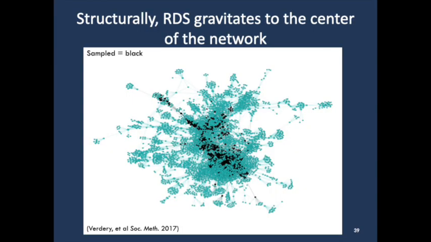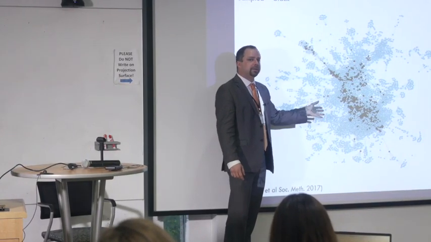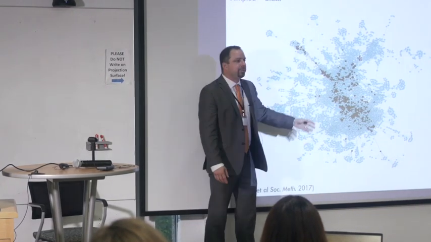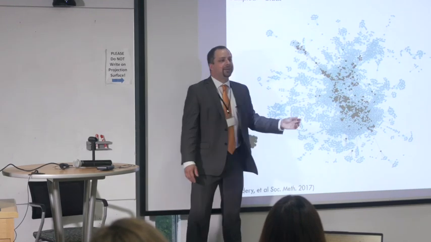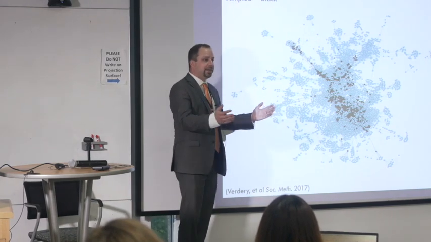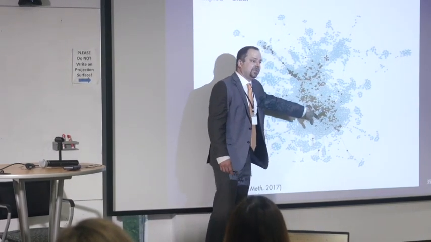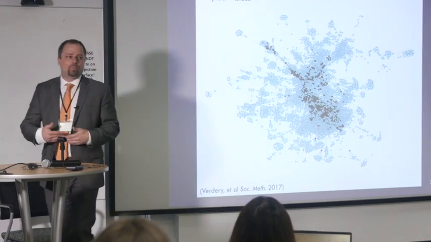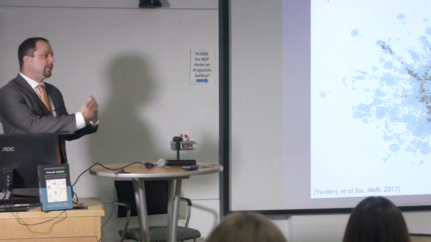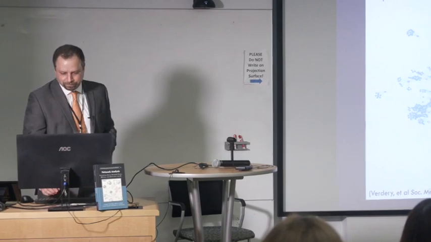This is illustrating what I was trying to say earlier, but I'm just going to skip it. So if you were doing an RDS sample, I think it's helpful to know that structurally it is geared towards gravitating towards the center of the network. So this is the Project 90 Colorado Springs network that Jim put up earlier, and I did an RDS sample on this network starting from a node up here, which I happened to just pick at random. Starting from that node, each of the black nodes is one that gets sampled. And you can see just in this one sample, it ended up sampling the center of the network, which is the basic principle of degree centrality. Something flowing through the network will end up hitting the center of it more often.